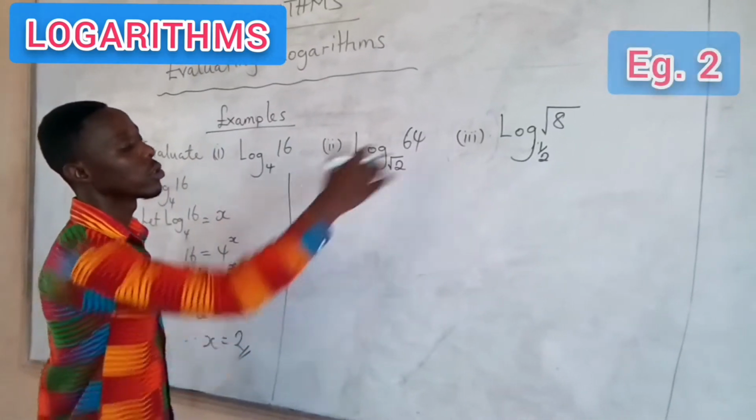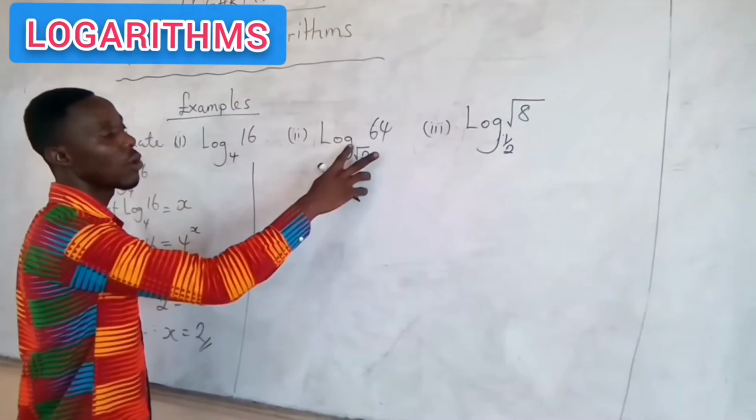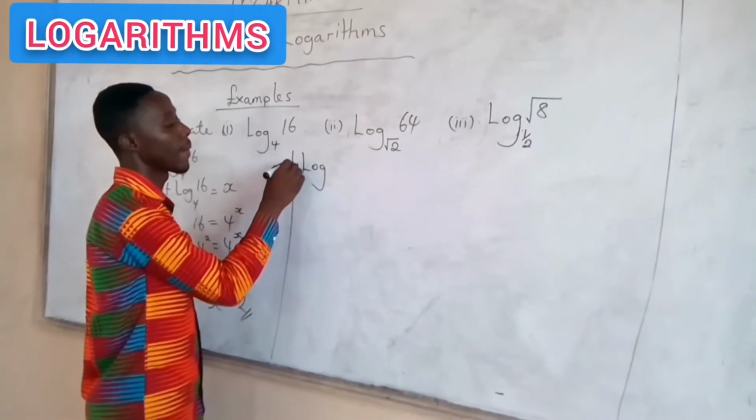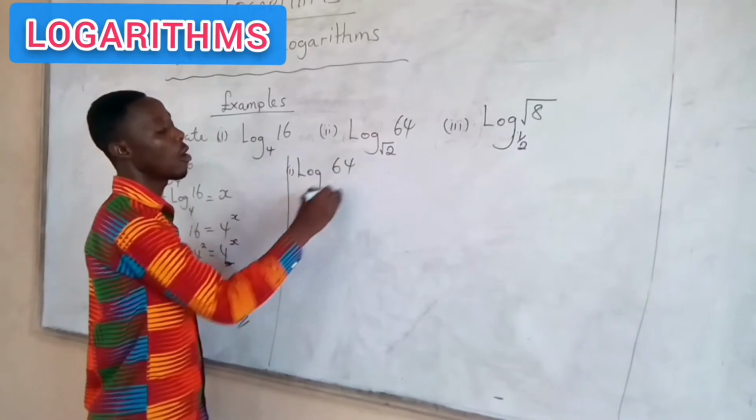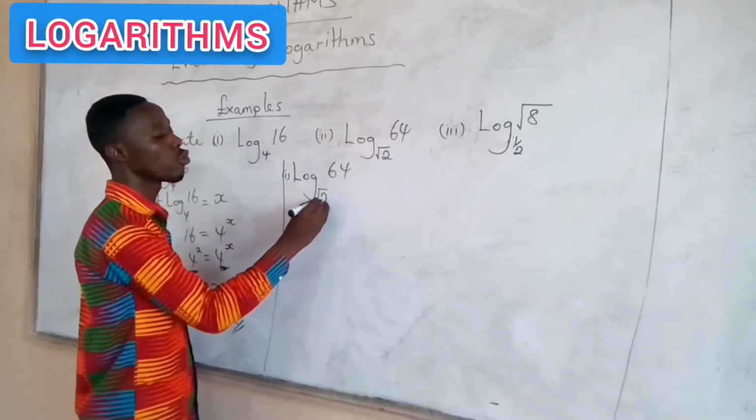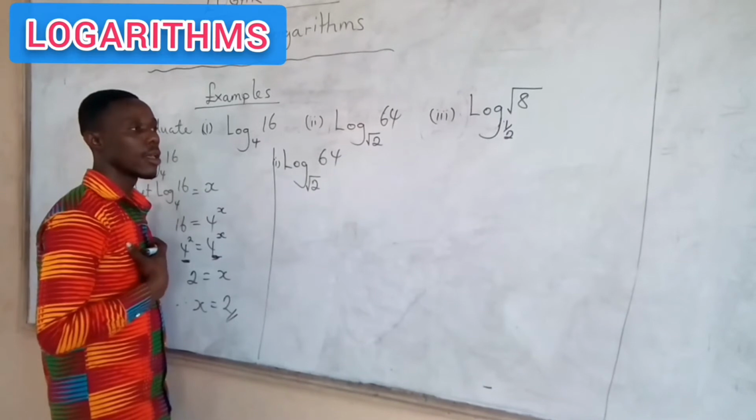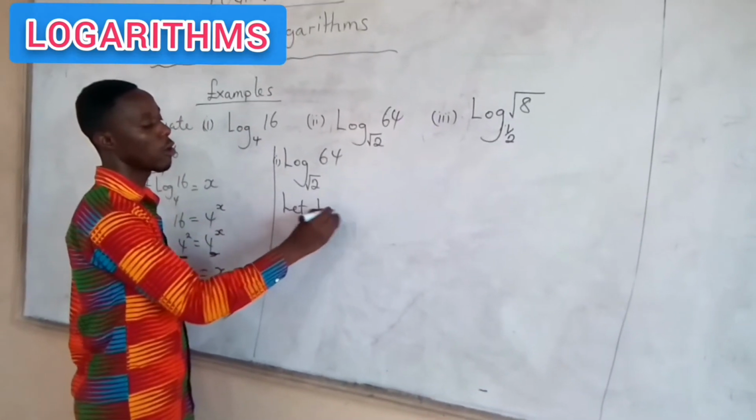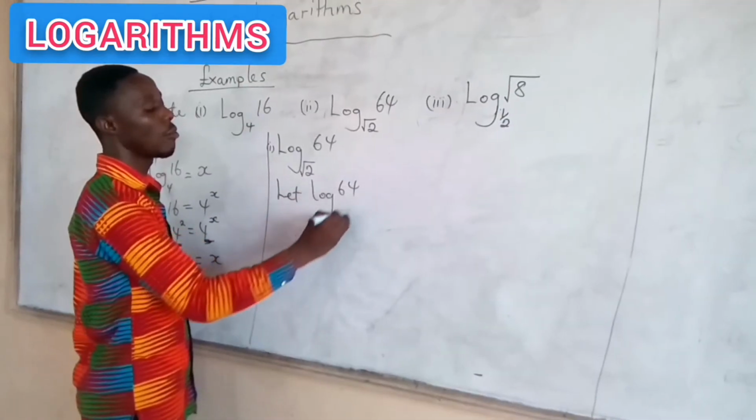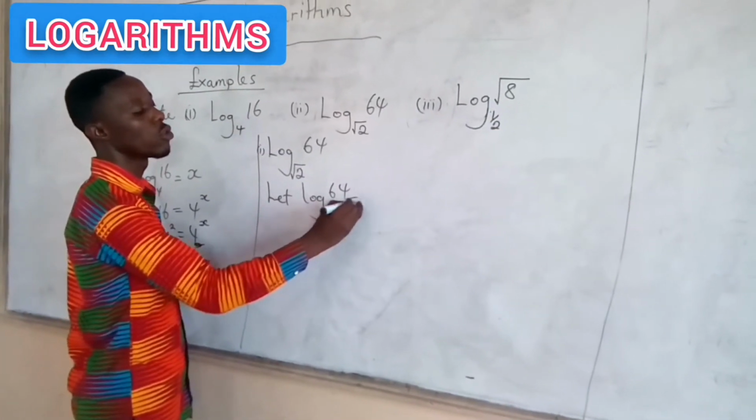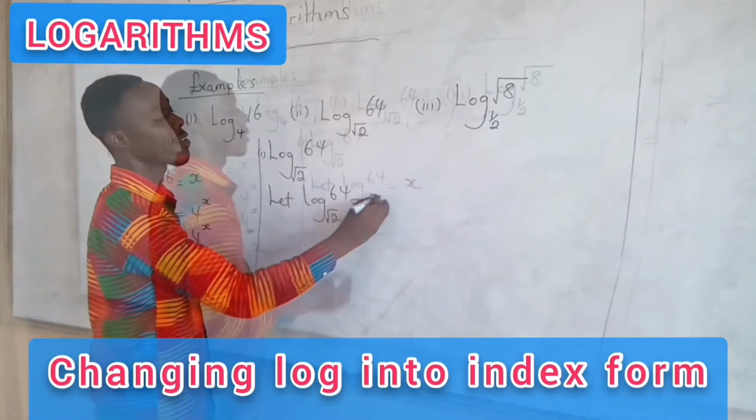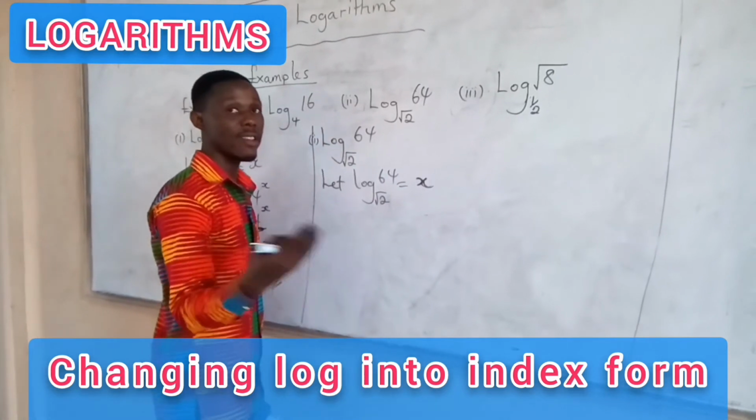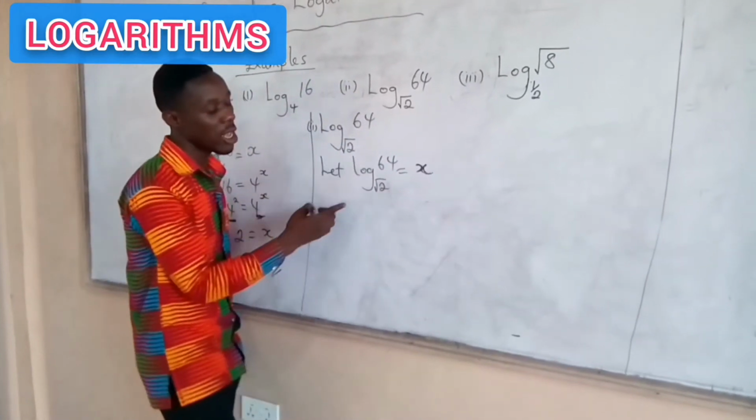We have been told to evaluate this: log 64 base root 2. Your first step, you let log 64 base root 2 be equal to x. Now, we change this into index form. Changing this into index form,